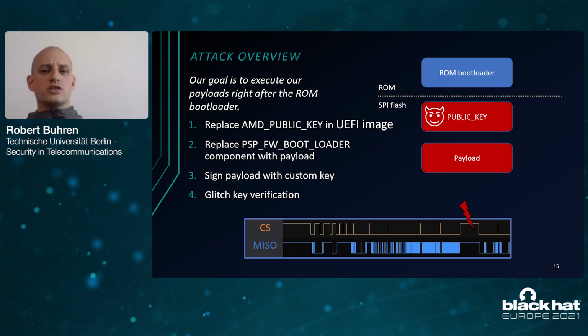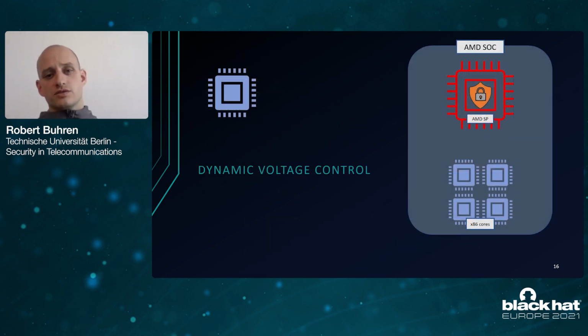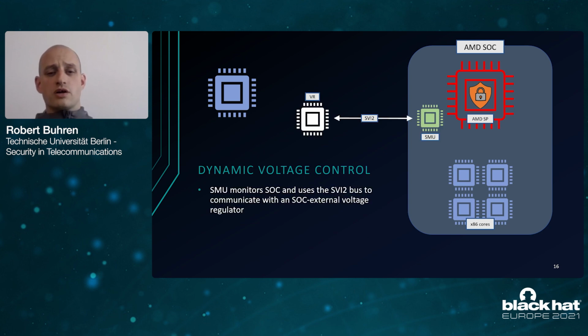Now, to actually inject an error during this window, we need to understand how the input voltage to the AMD SoC is handled. Modern x86 CPUs use, in general, dynamic voltage control. On AMD SoCs, there's a dedicated component, a small microprocessor within the AMD SoC called the System Management Unit, that is responsible to monitor the whole SoC and to determine by some logic which input voltage should be applied. Now, the System Management Unit talks